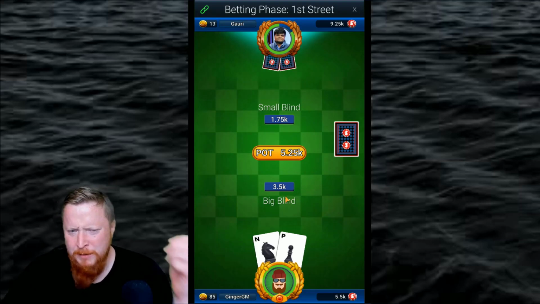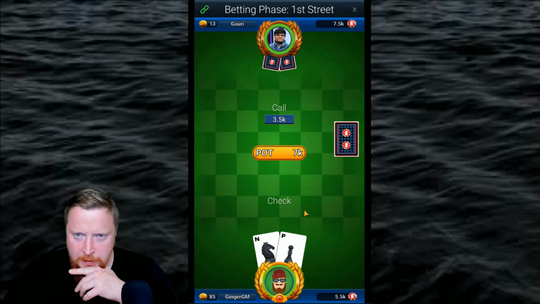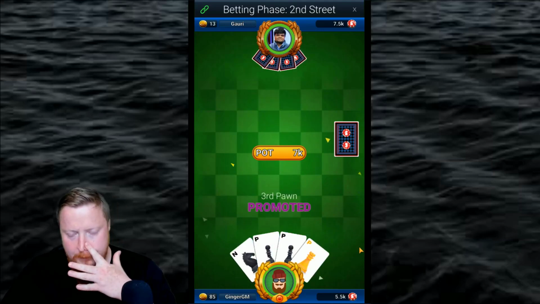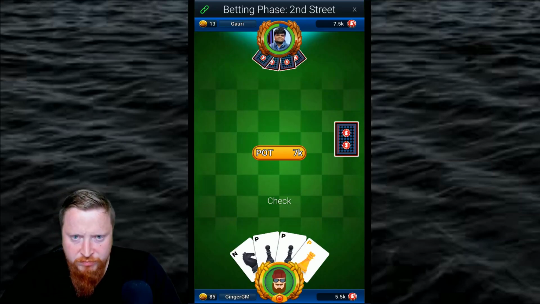Oh, look at my big blind. My big blind's so high here. It's so high. Just give me a queen. Let me have a queen, please, for the life of me. Oh dear. There, I'm going to have to check this one down. If he bets,